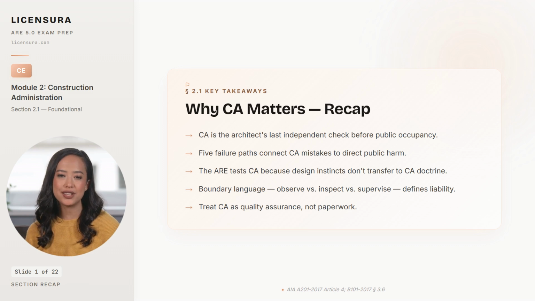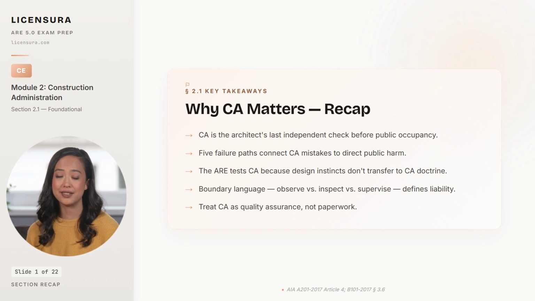5 takeaways from this opening section. Construction administration is the architect's last independent check before strangers walk into the building, and if it is treated as paperwork, the failures land on real people. 5 failure patterns: non-conforming work that gets a pass, submittals that get a rubber stamp, change orders that quietly remove safety, payment certified for work not in place, and means and methods drift explain almost every CA mistake the exam